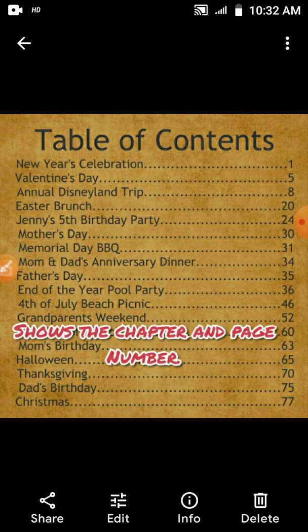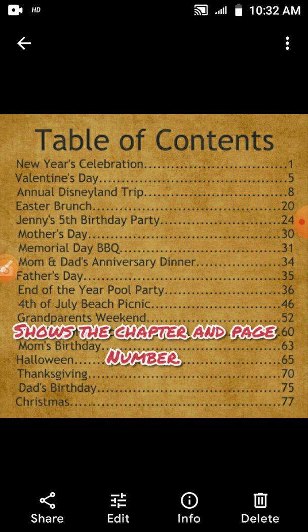And after the copyright page, the next part of the book is the table of contents. This page shows the chapter name and page number. In every book the contents are written. You can see in your own GK book or any other subject, it can be an English book or an EVS book, anything. As you can see in the picture itself, in the table of contents the chapter name is written and the page number is given.